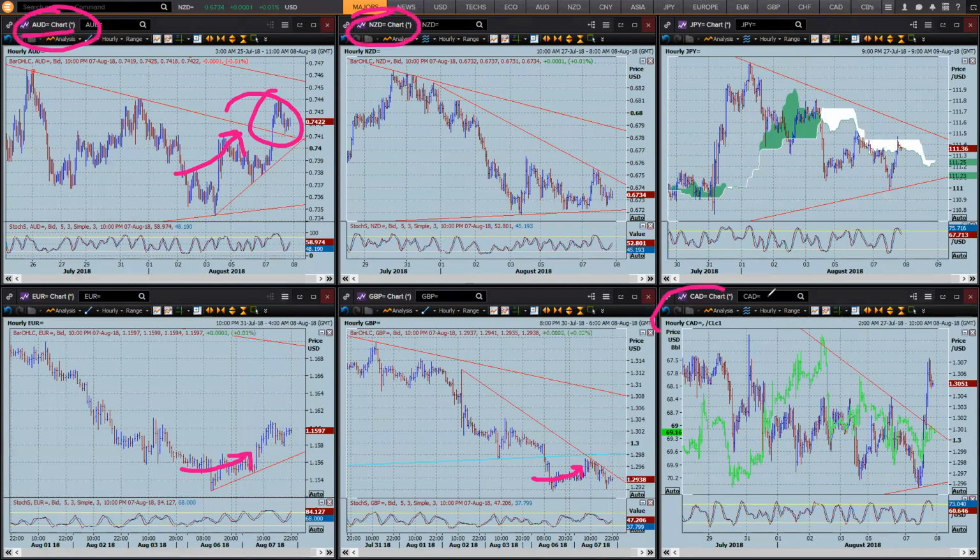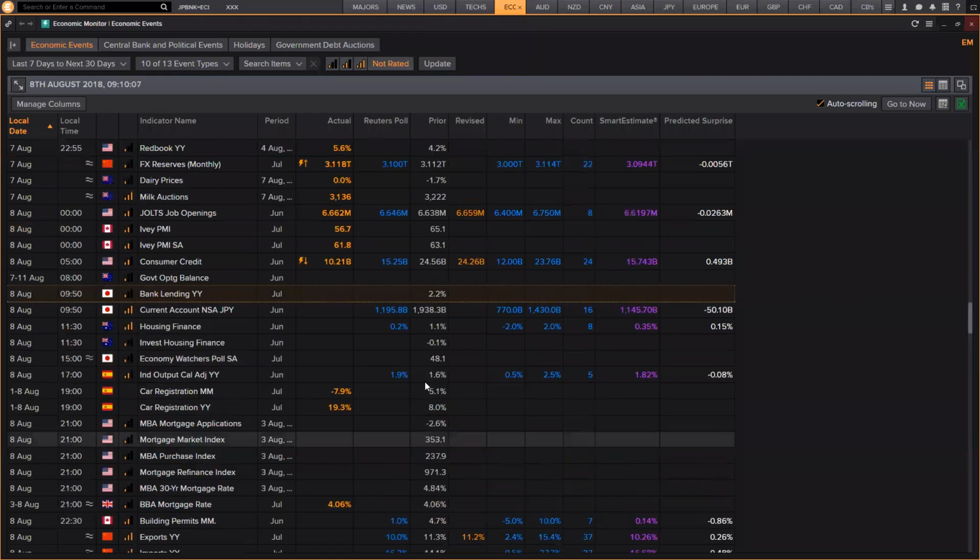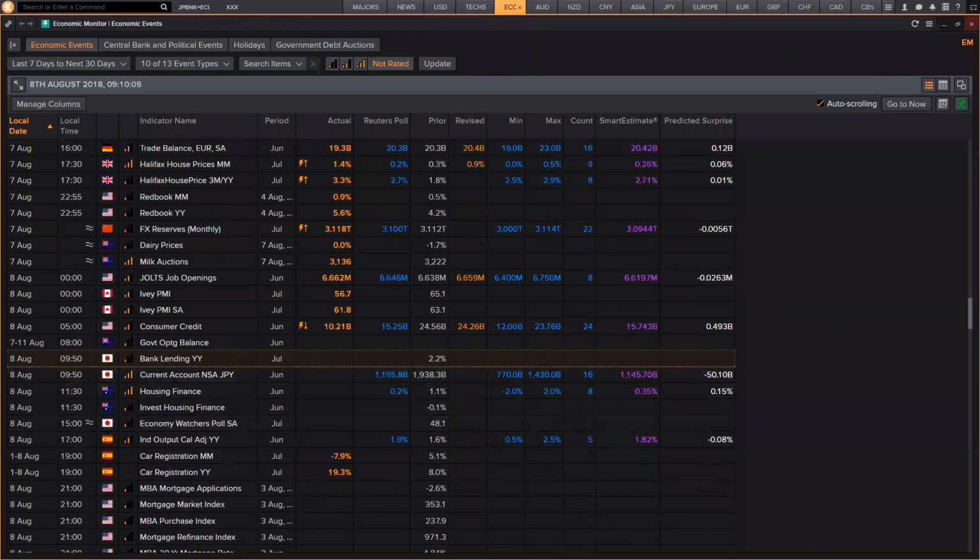Now, the dollar CAD is caught up in its own issues, and if I just come back up here and have a quick look at the data from yesterday, you'll see where the answers are, why these currencies are moving. The IVEY PMI is a second tier number, but it's actually pretty important. Look at the numbers here. This is really falling off. So partly that move in dollar CAD is just based on CAD weakness. That's why the dollar's rallied against that. It's so much weaker than the US dollar at this stage, which was falling against everything else. That's one of the main reasons for what's going on there.